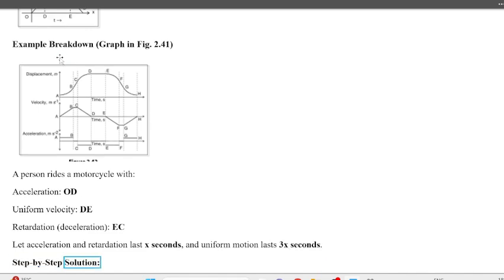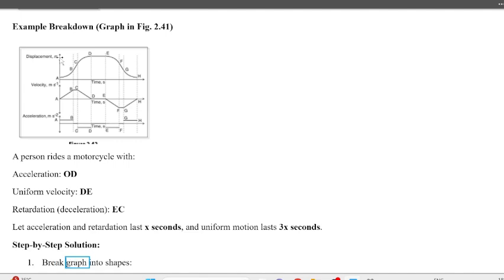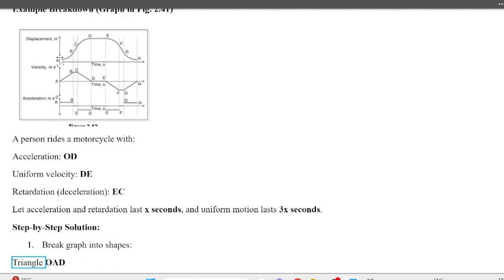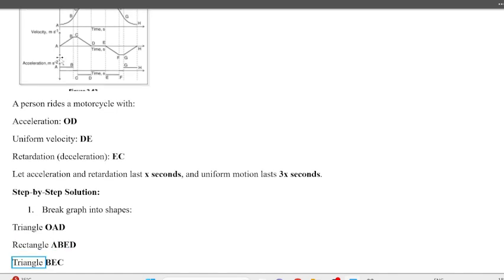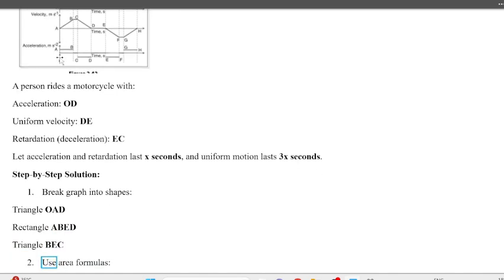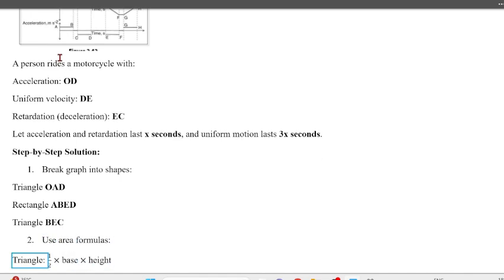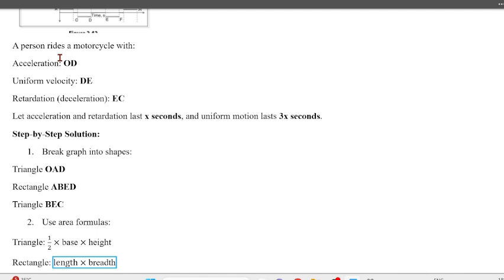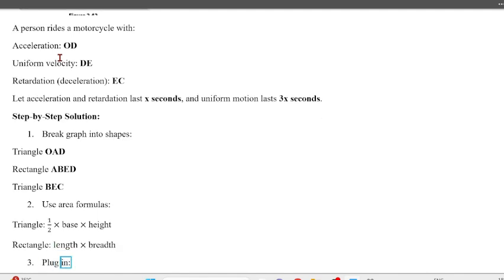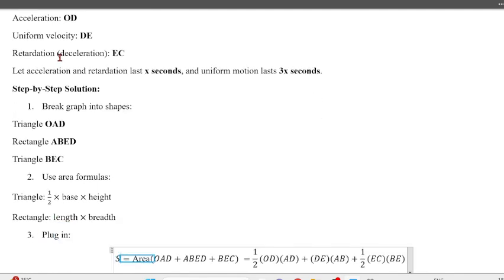Step-by-step solution. Step 1: break the graph into shapes: triangle OAD, rectangle ADEB, triangle BEC. Step 2: use area formulas: triangle is 1/2 times base times height, rectangle is length times breadth. Step 3: plug in. S equals area of OAD plus ADEB plus BEC